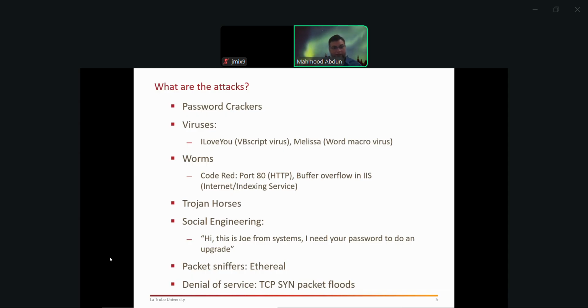the last one is an example of an availability attack, denial of service, the TCP SYN packet flood. Whenever you come across this kind of acronym, if you do have an IT background, it's probably very easy for you to understand. But if you don't, I strongly encourage you to go online, type it in, and just have a brief look at what that really means.